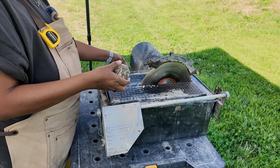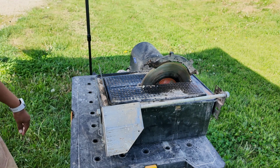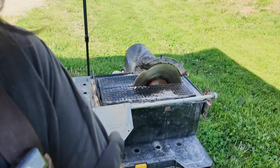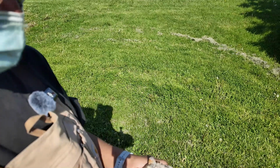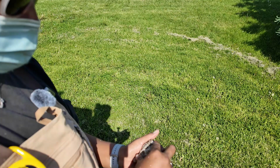All right, I felt a little fracture happen, and it almost feels like there's water dripping out of this guy. So I don't know if it's from the saw or if there's actually water inside this, but we're gonna take a peek. Flip it over this way. So it's very possible there was water in here already. I didn't hear it when we bought it, but